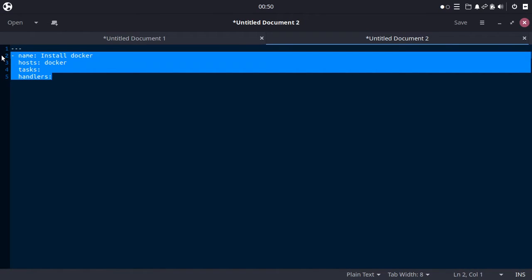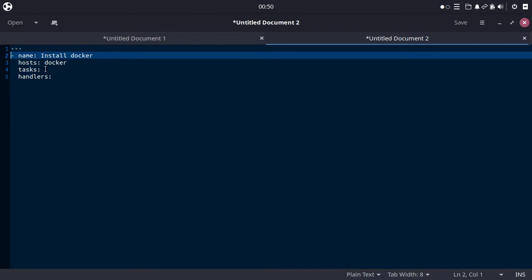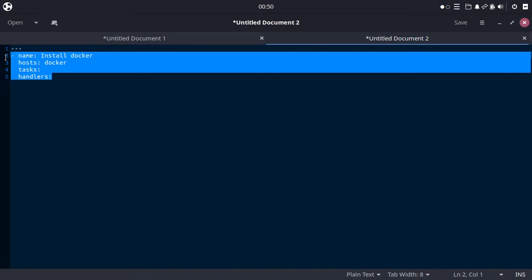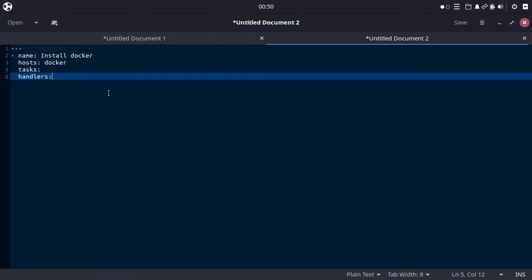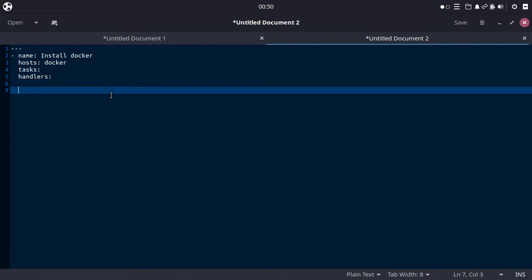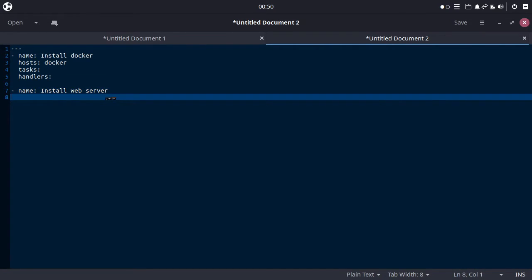Okay, this is a play, right? One list starting with a dash in the first column. This is a task. This is a play. We can have more than one play in one playbook. Let's say, okay, and then hosts.